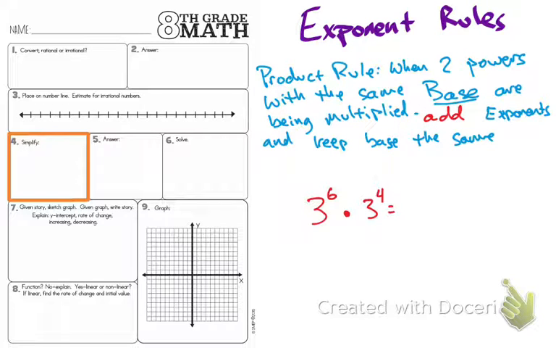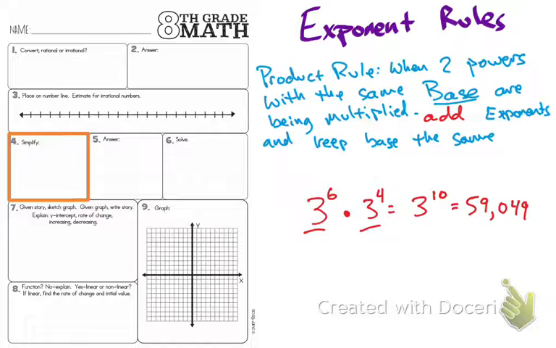If I had 3 to the 6th power times 3 to the 4th power, we're going to notice that the bases of those two things are the same. And if those bases are the same, well, I can simply add those exponents together, which would be 6 plus 4 equals 10. And then if I was asked to simplify, I could still simplify this problem. And we know exponents get really large really quick. We're at